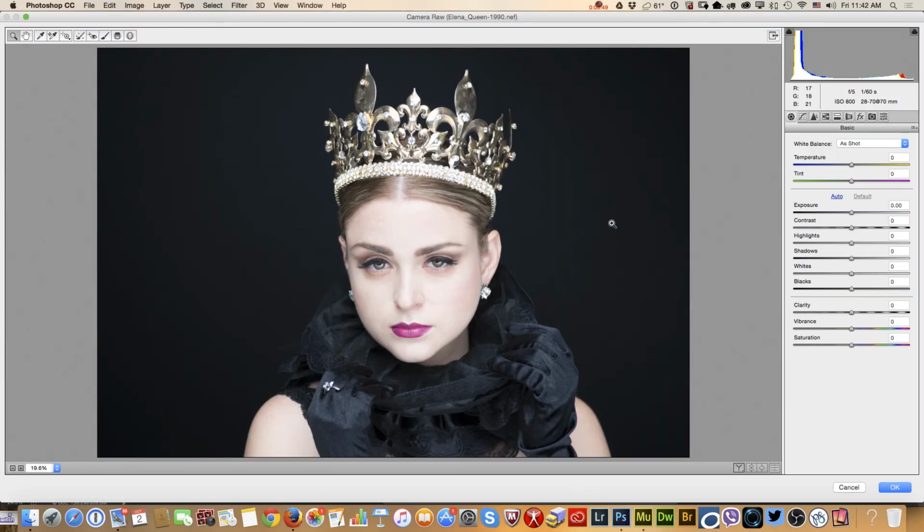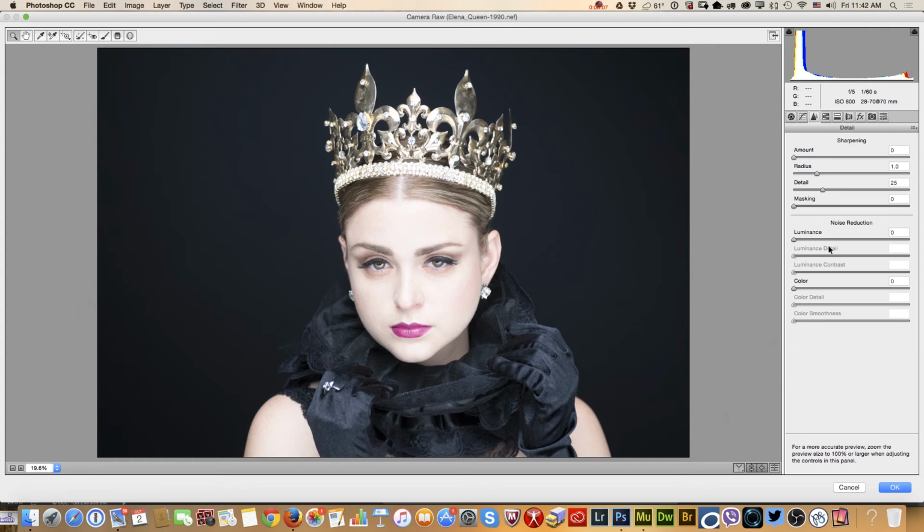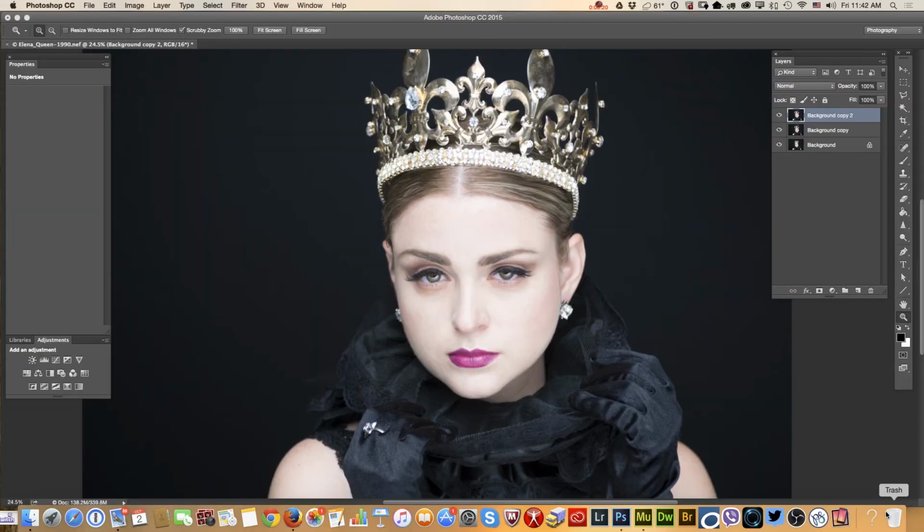So let's open camera raw and slightly retouch, apply corrections to our image. Again, it depends of your taste, depends of your preferences. Using noise reduction, I love to smooth my model's skin, so just a little noise reduction, not too much. Okay,